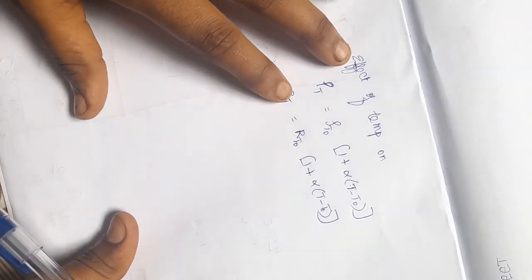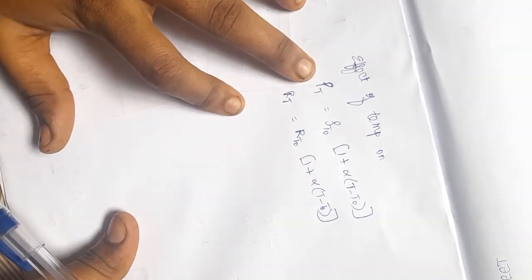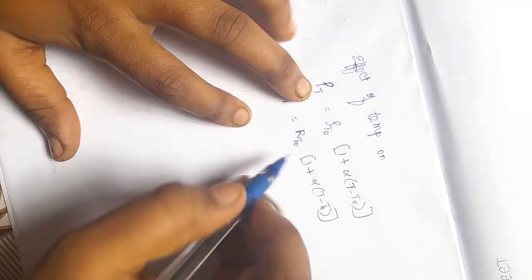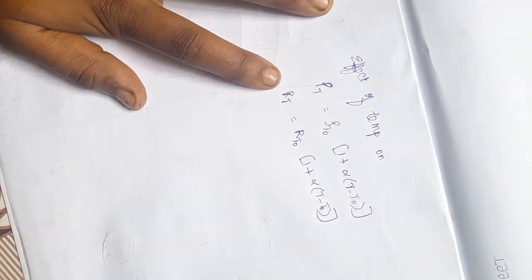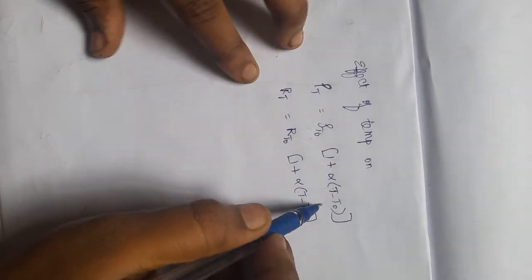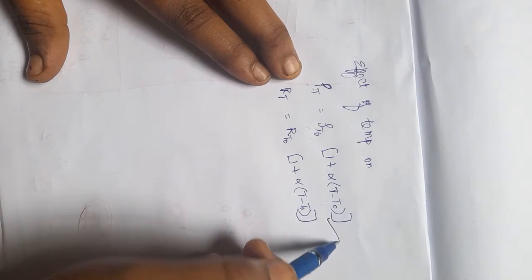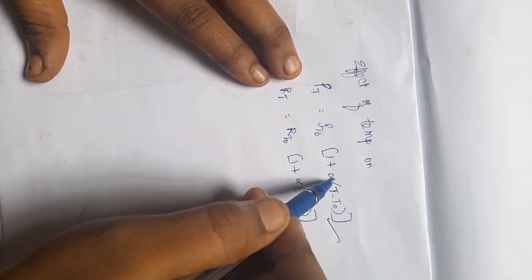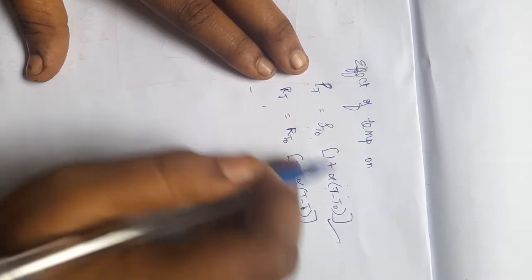And next we will see the effect of temperature on resistivity and resistance. This is the formula. This is the initial resistance, but when we increase the temperature, it increases our resistivity also. So this is the formula, and this alpha is nothing but the temperature coefficient of resistance. The same formula is used here also.